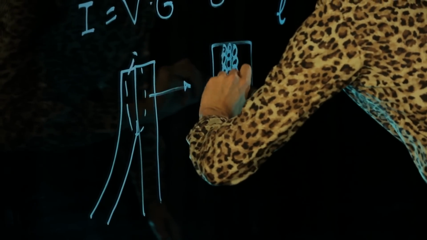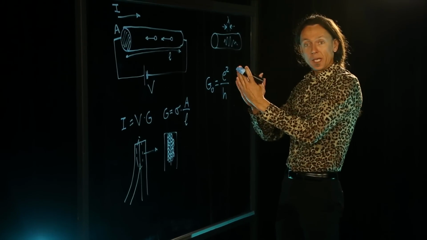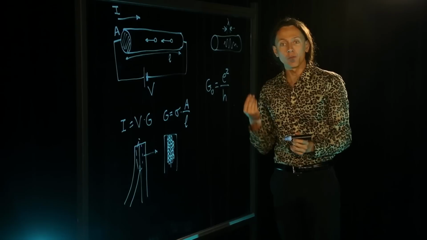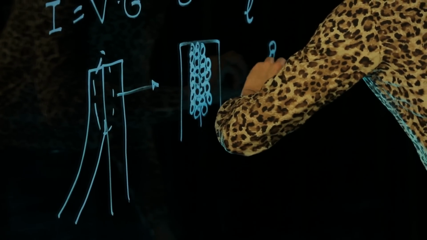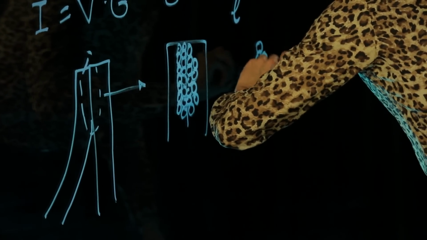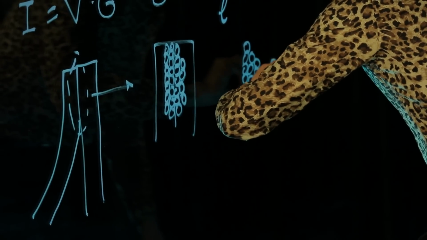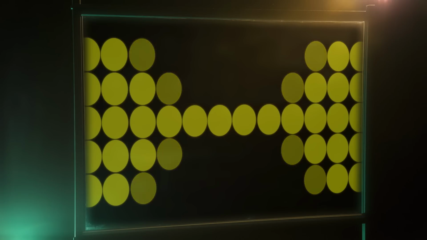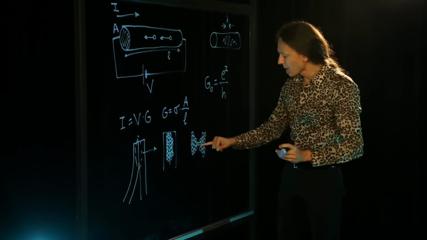and so on. But as you open the switch, these atoms will be pulled apart, and eventually there will be a point where you have only one atom between them. So imagine that this is a good switch, so the plates are actually plated in gold. Gold is of course very good electrical conductor, and it has this peculiar property that when you pull apart two pieces of gold, it creates a one-atom